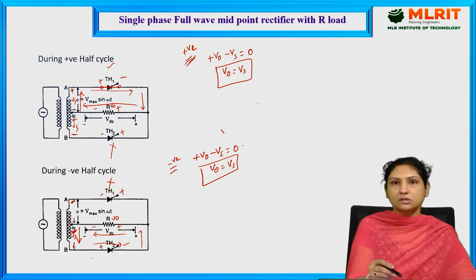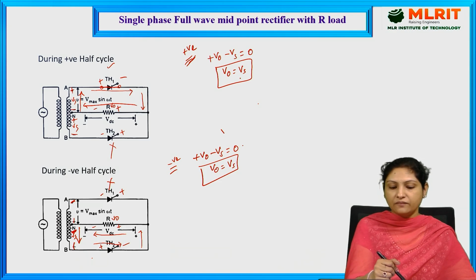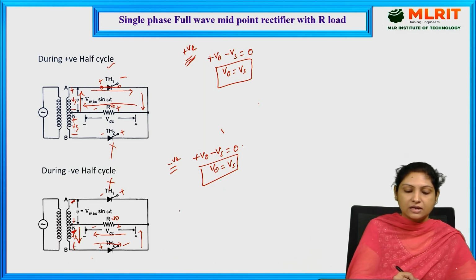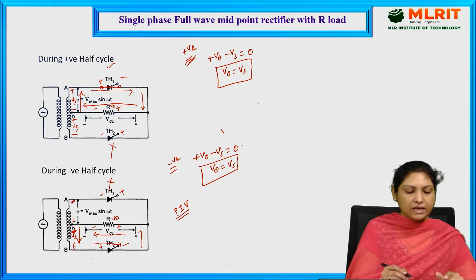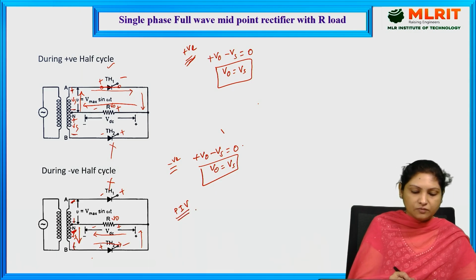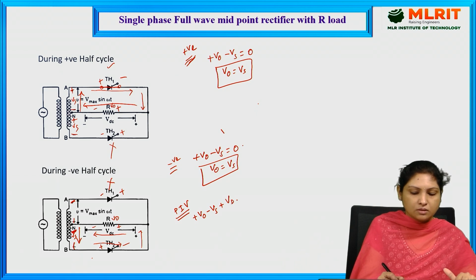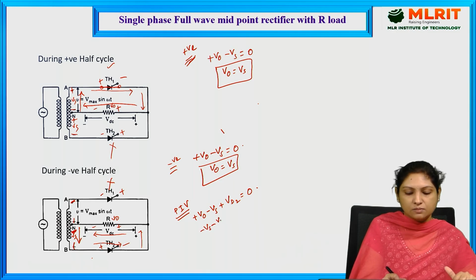So V0 is equal to Vs during the positive as well as negative half cycles. Let us derive the expression for peak inverse voltage. Let me take this case. At that instant, the expression will be plus V0, again conducting through, minus Vs plus Vd2 is equal to 0, where I am taking V0 as minus Vs. So minus Vs plus Vd2, where